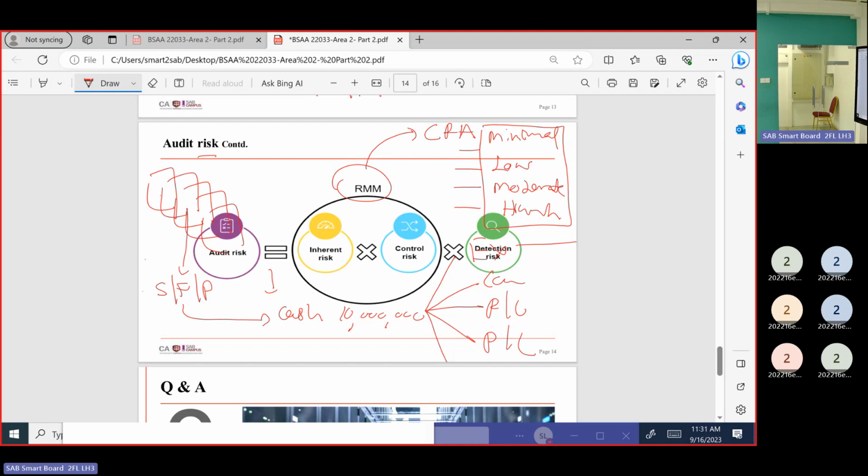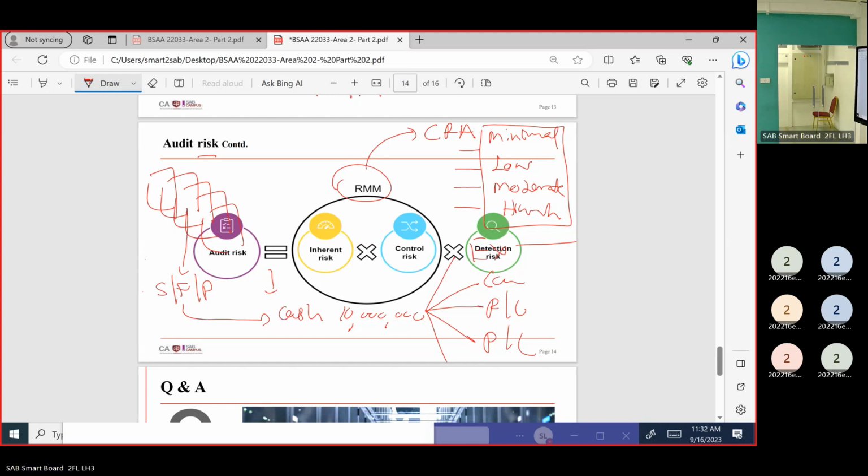Inventory, you can count. Physical cash, you can count. Receivables, can you count? Number of debtors, number of heads, you can count. So the audit procedures are different. Borrowing balance, can you count that? There's no counting for borrowings. Different balances mean the weightage for the assertion may be different.